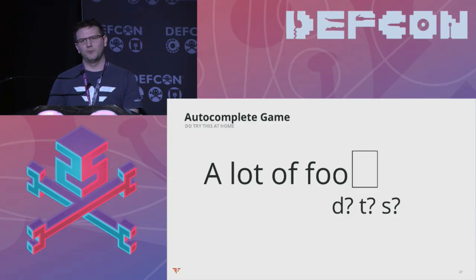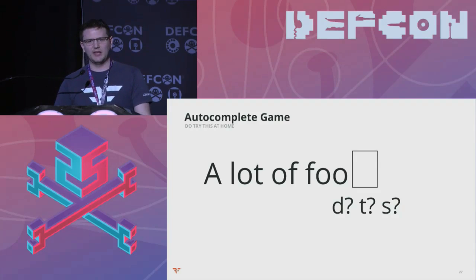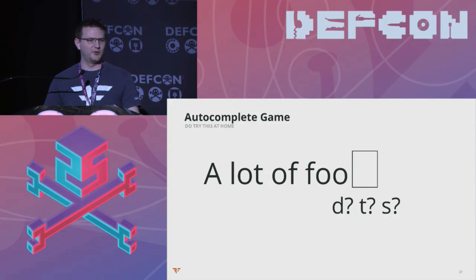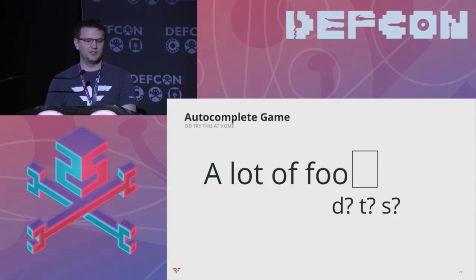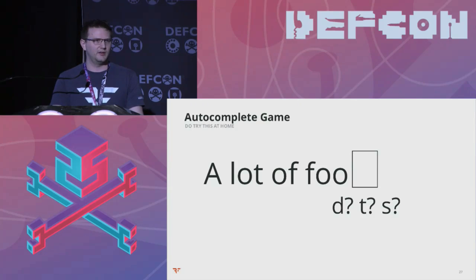So this is basically what DeepHack is doing, right? It's taking the information from the string it has seen before, as well as, in your cell phone case, the history of things you've sent in the past, and tries to figure out a good suggestion for that. And that's really all there is to it. So you can imagine here if you have a sentence like a lot of foo, then the machine will try to create a good suggestion for what letter should come next.